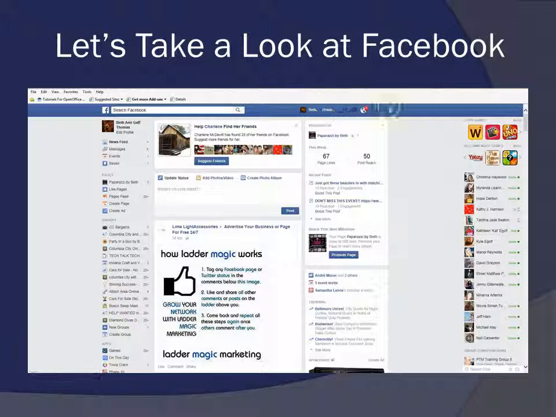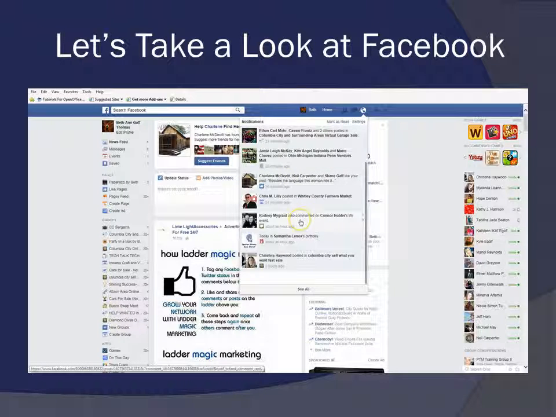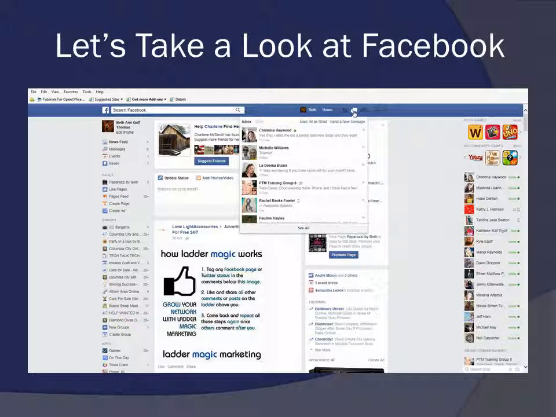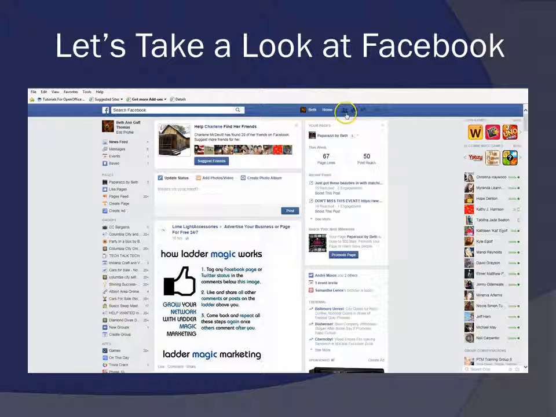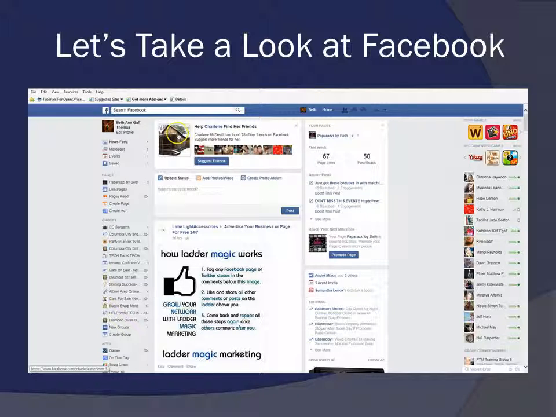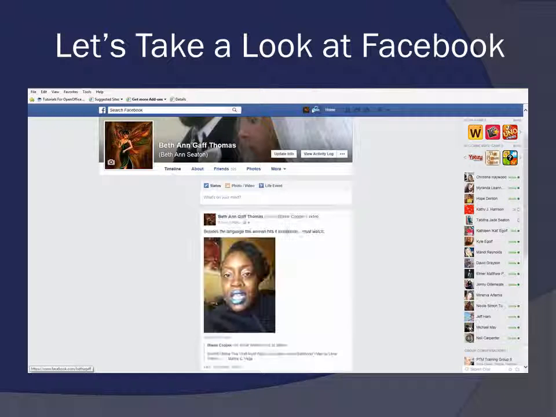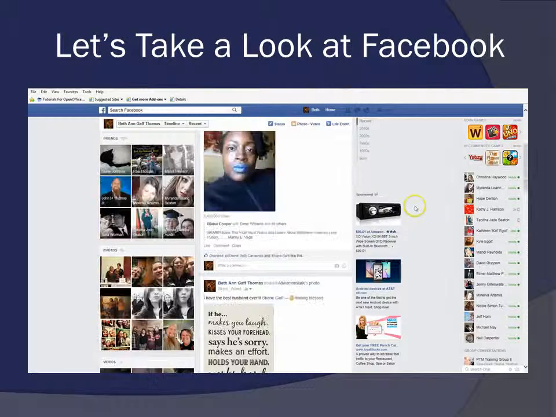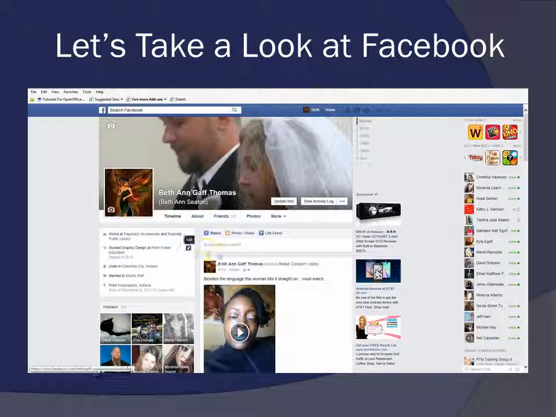Up here is where I'm going to find my notifications. That's what this is here, and it lets me know about anyone that's trying to get in contact with me. Maybe I want to send a message. That's where I would go to do that. Maybe I want to add a friend or confirm a friend that's requested me to be their friend. Or maybe I want to take a look at my profile. So I could push on my name, and that takes me straight to my profile, which is my timeline, and that's what they were talking about.